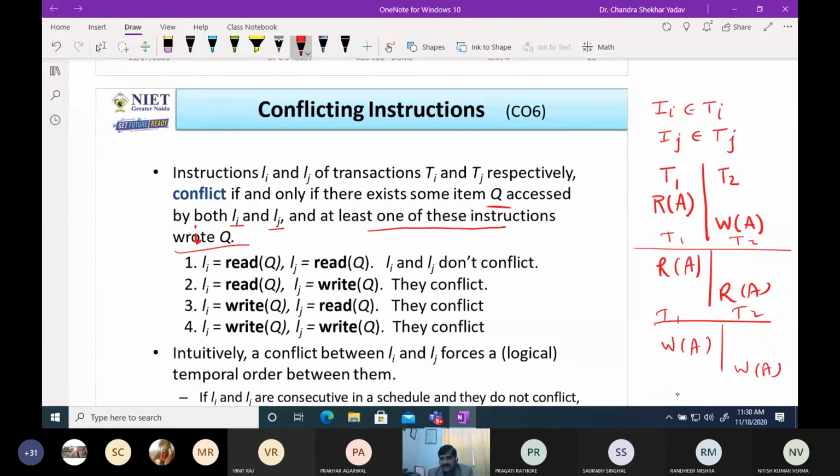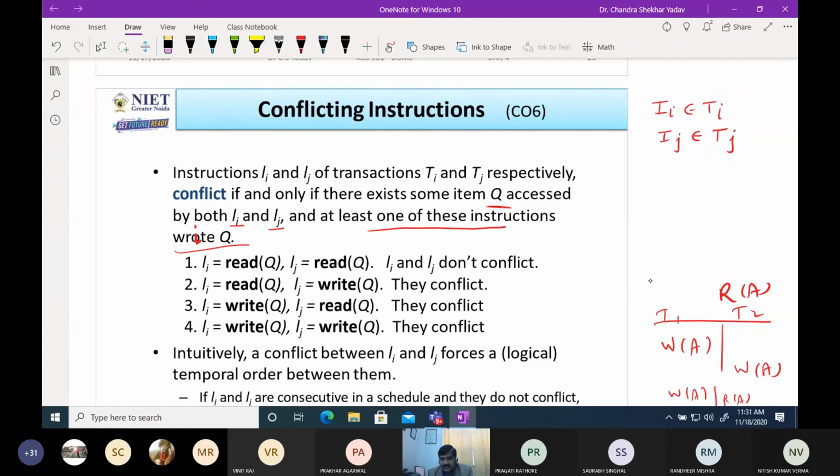And if we have write A and then read A, this is also conflicting. So I think you all understood the concept of conflicting and non-conflicting instructions.